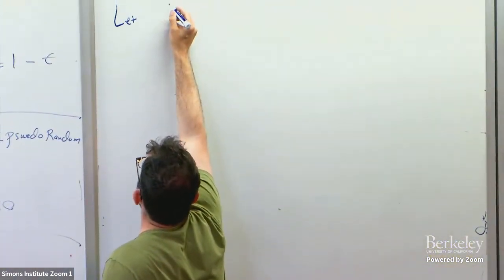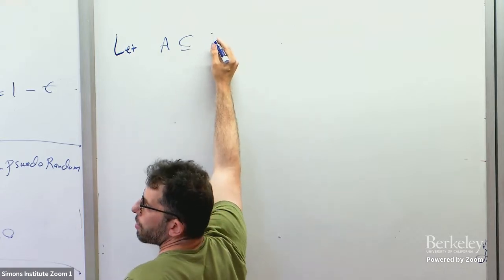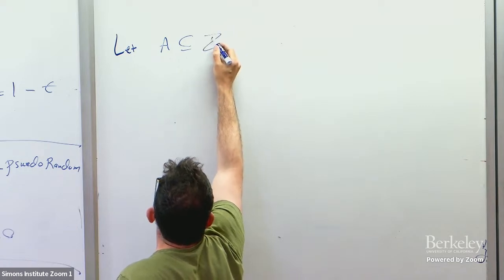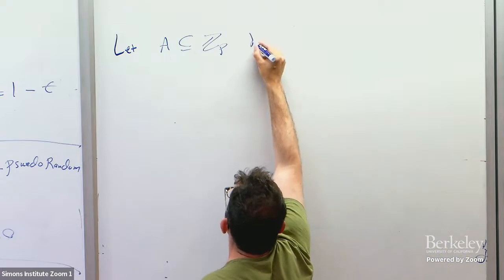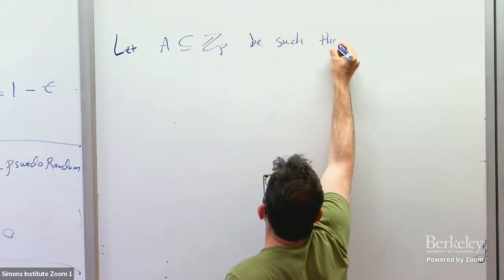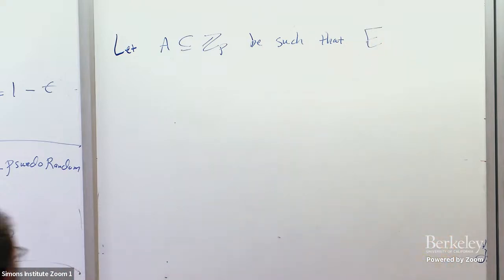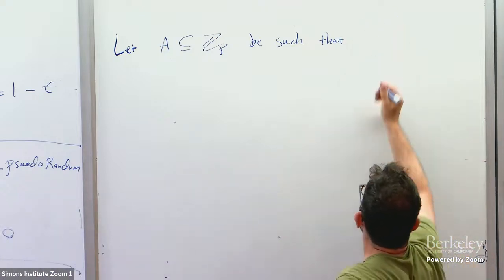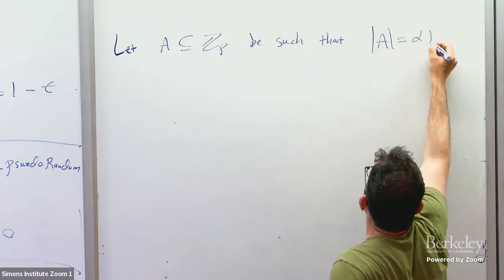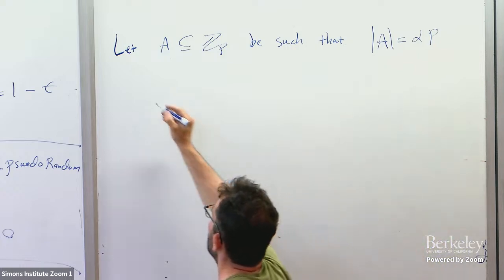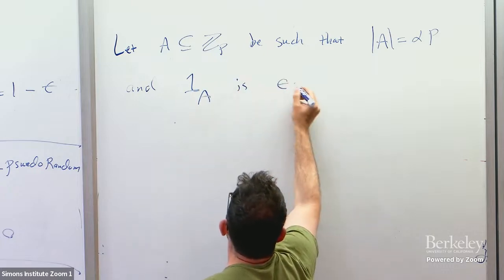Let's say I have a set A, let's do Z_p, for example, but I can do any group G, such that the expected value, the size of A over the size of the group p, and my function, the indicator function of this, is epsilon